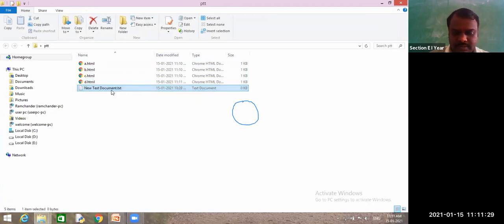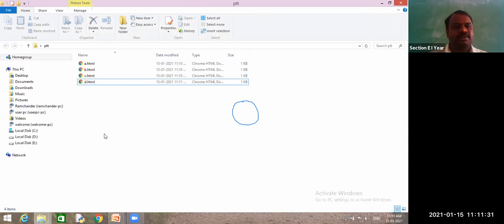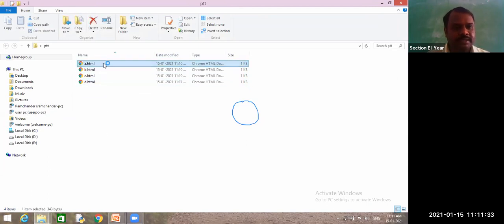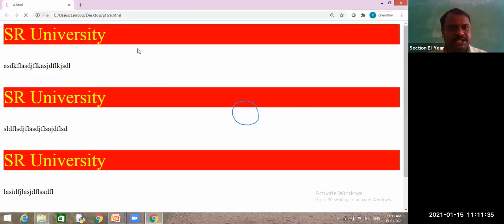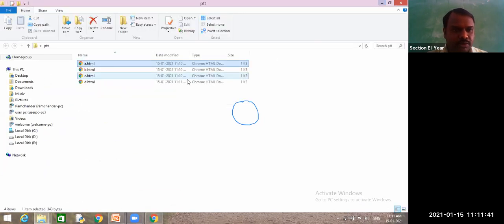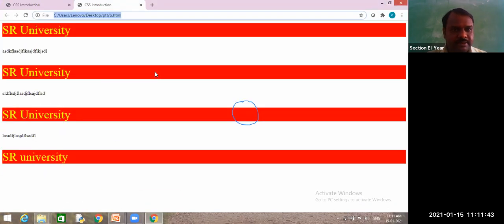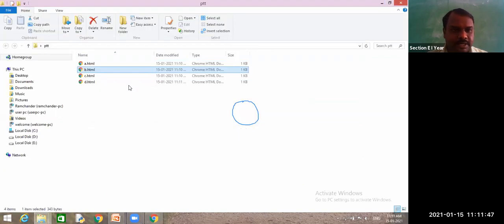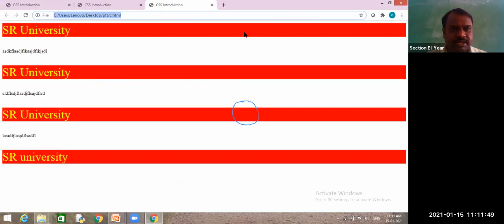Yes, we will see these 4 outputs. This is a.html. See here at the end, a.html. And I will open b.html. So now it is b.html. And this is c.html.